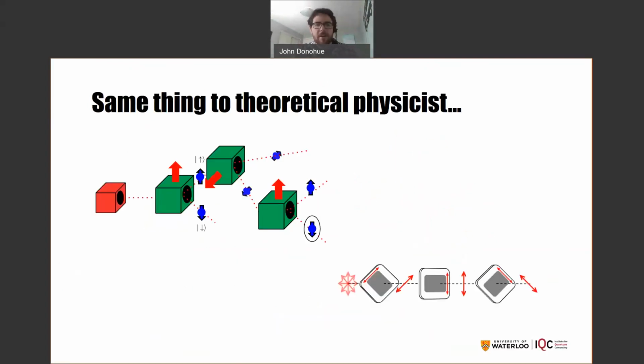So these two experiments, this 3-polarizer experiment and this 3-magnet experiment, look very different. If I want to build them in the lab, I need a very different set of tools. But if I'm a theoretical physicist, if I'm a quantum information scientist, these are the same thing. The exact same thing. We're dealing with a two-level system that has two mutually exclusive states, spin up, spin down,